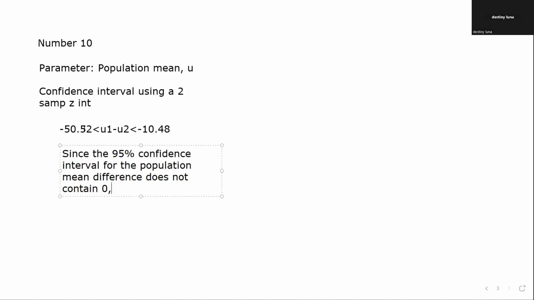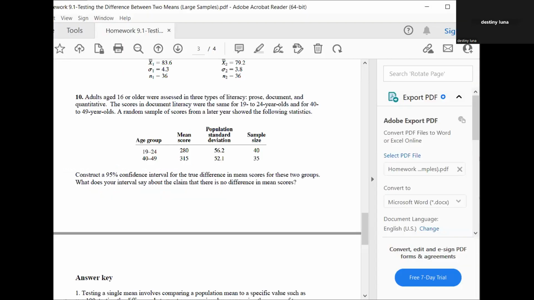In other words, 0 is not in this interval because it goes from negative 50 essentially to negative 10 and some change. Since it doesn't contain 0, the claim that there is no difference in mean scores